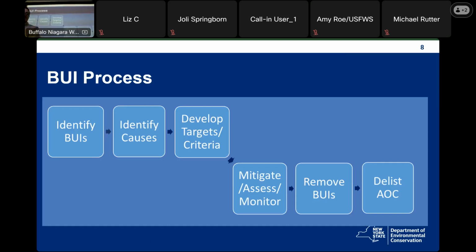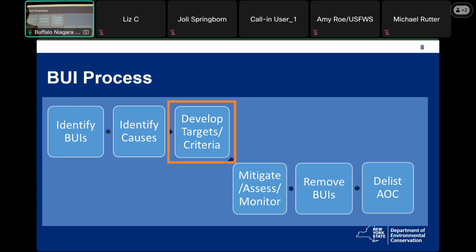Next slide. So here we have the BUI process, the step-by-step process from identification to removal of BUIs. BUIs for the Buffalo River were originally identified in 1989 in the Remedial Action Plan, which I'll get into in the next slide. If the causes were identified, they were listed in the Remedial Action Plan. For BUIs where causes were unknown, additional assessments were recommended to determine the causes. So once causes are identified,